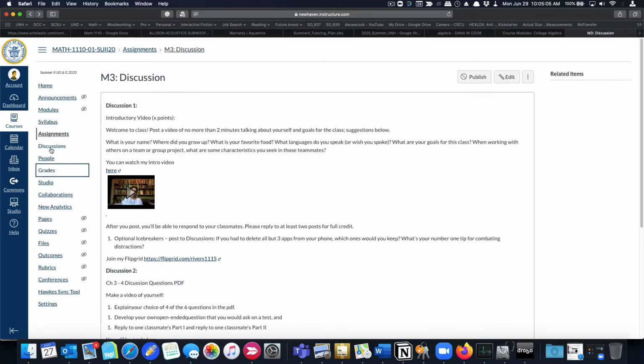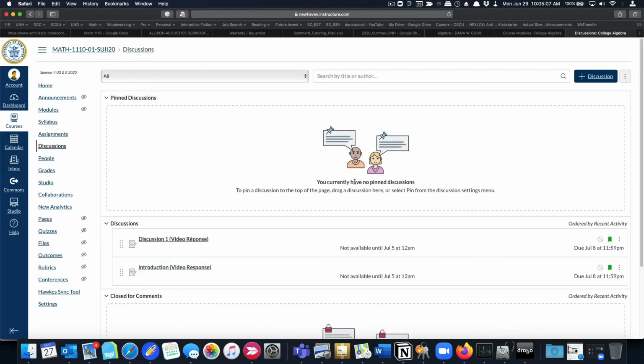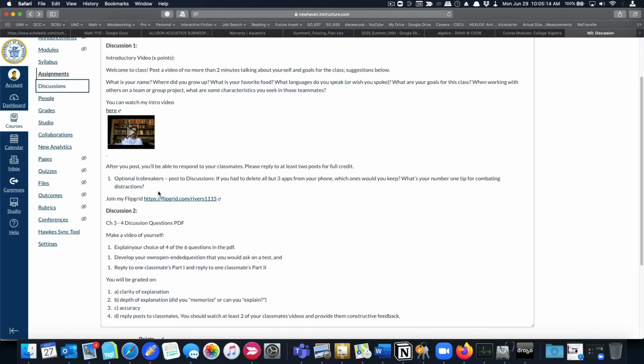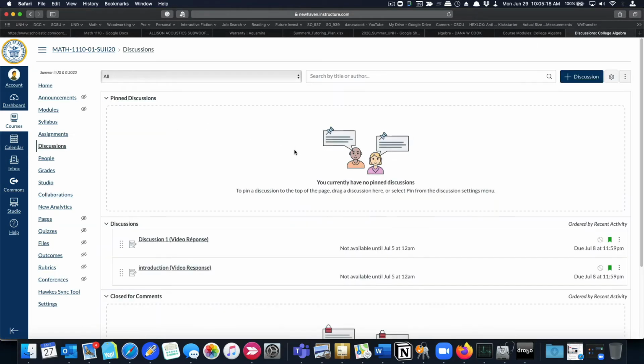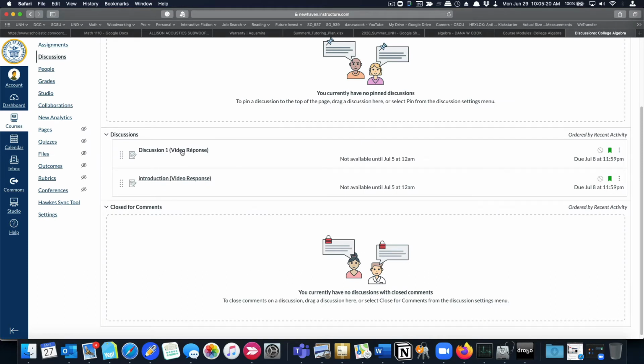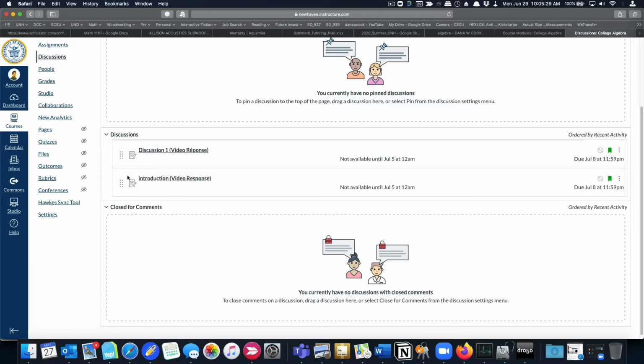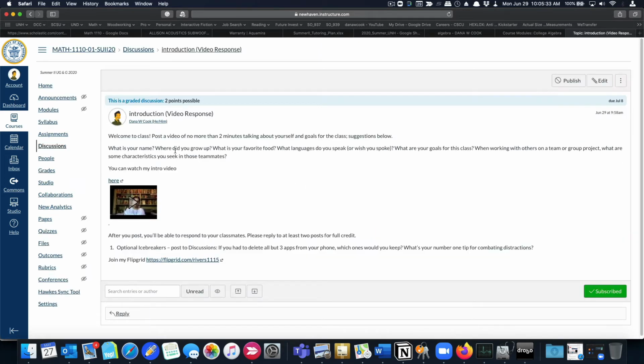So I want to go to discussions now. I need to go here because I want to do this part first because it's quicker, I think. Then I took this page because there were two assignments, discussion 1 and discussion 2, and just playing around with the discussions area, I made these two discussion posts or requests, and they're sort of out of order than I would have done it, but I don't know why that's doing that. I put video response, we don't have to do that. But this was the introduction video.